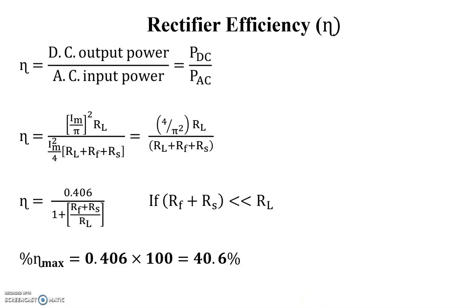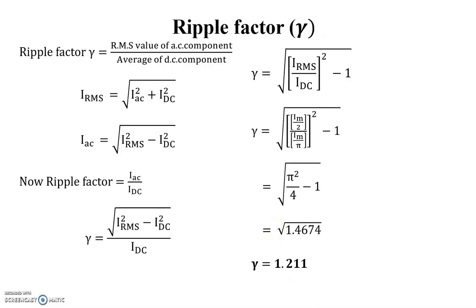It is presented in terms of ripple in the output, which is the fluctuating component present in the output. So there is more efficiency, the less the ripple content in the output. Next, the ripple factor. The ripple factor is nothing but the ratio of the RMS value of the AC component to the average